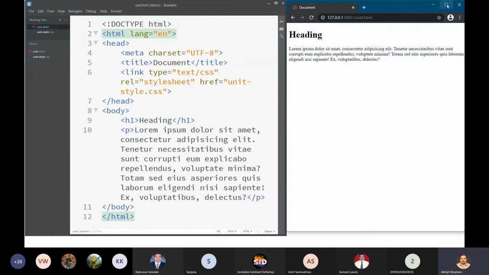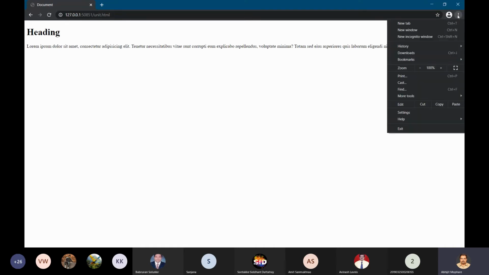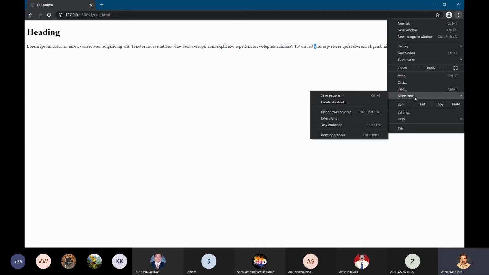Now I will maximize this, and to understand this, we have to open the Chrome developer tool. For that, you go to these three dots, open it, go to more tools, and then developer tools.